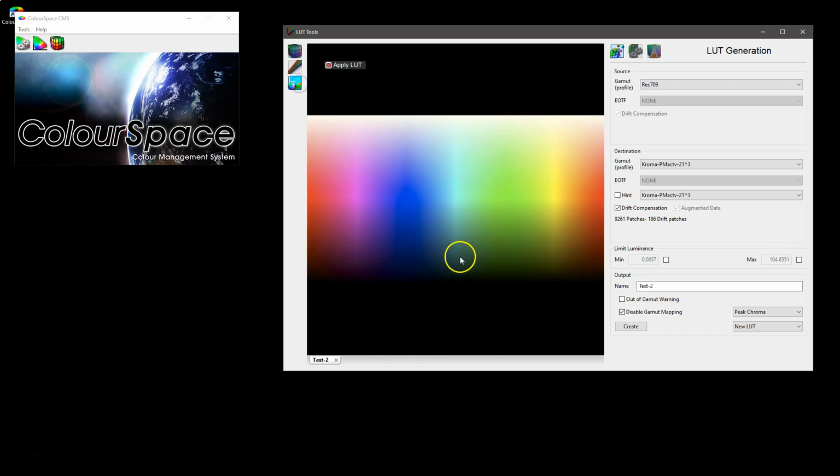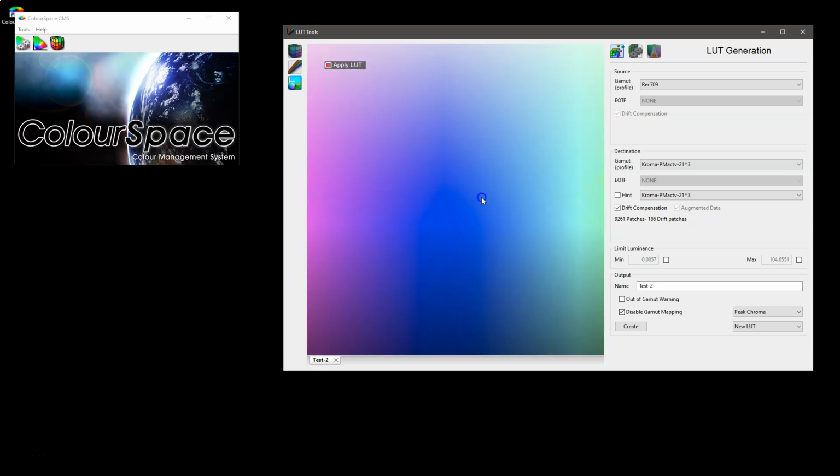We can see that if we look carefully at the LUT image. We look at the blue, and if I enable and disable the LUT, you may just make out that there is a patch in the middle of the blue where we are seeing what appears to be a change in saturation. In this instance, that's caused by the